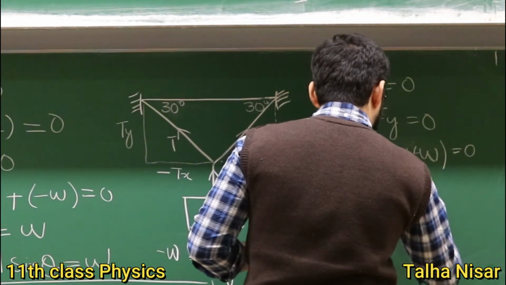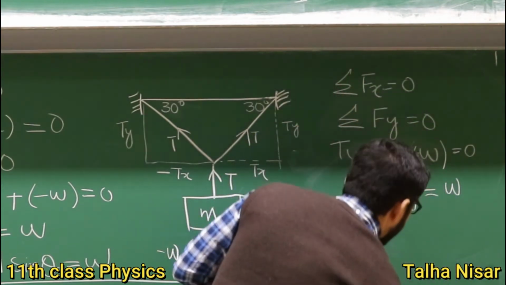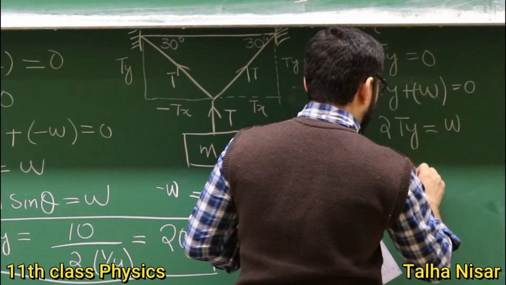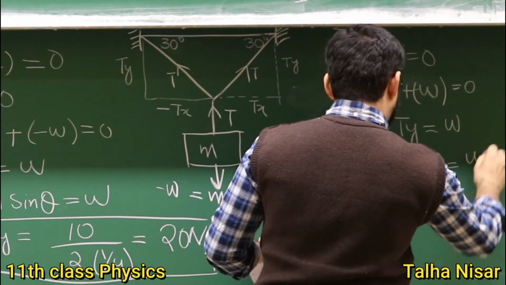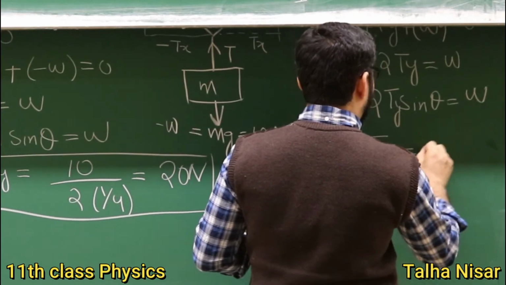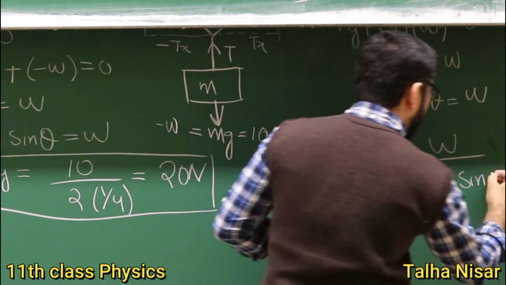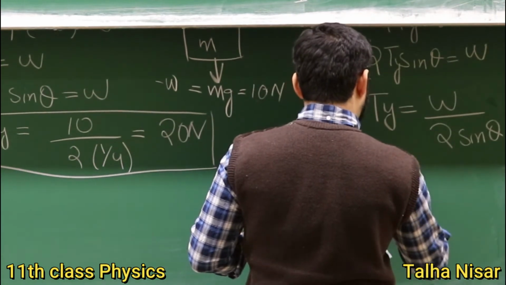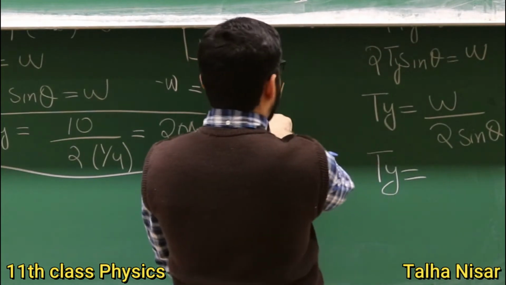So we have Ty equals W, and 2T sine of theta equals W. We are interested in T, which is the force, equals W over 2 sine of theta. And if we put the values here, we have 10 newtons and 30 degrees,